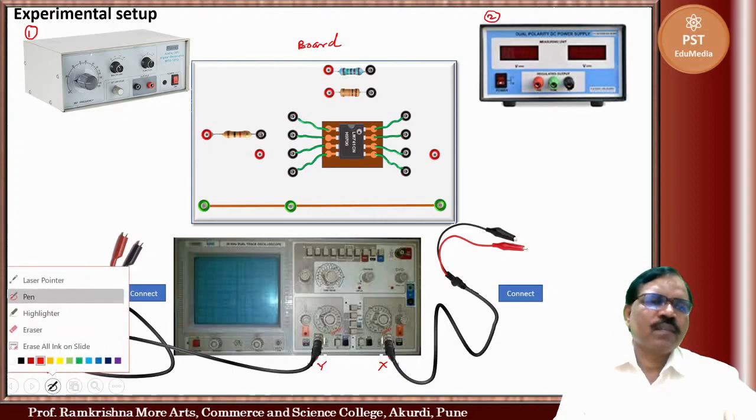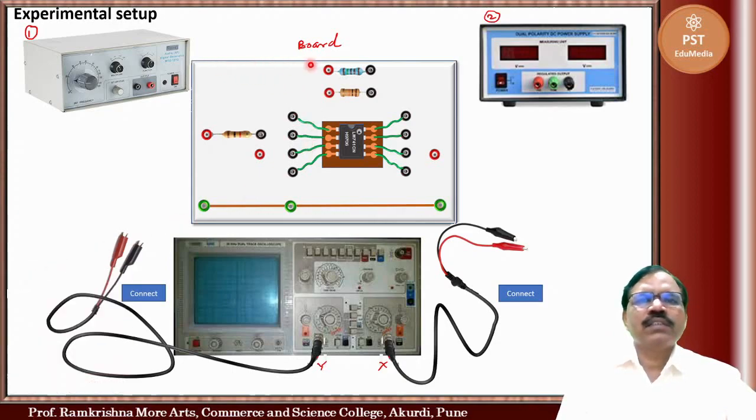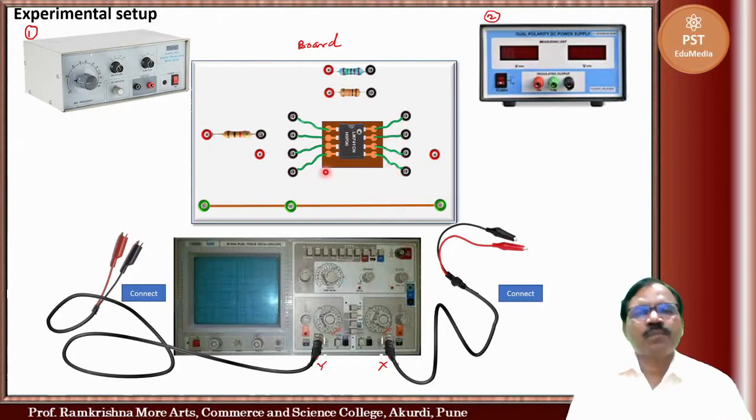So this is the circuit board on which we have fixed components. This is the operational amplifier 741. This one is pin number 1, this is pin number 2, this is pin number 3, this is pin number 4, this is 5, 6, 7, 8, and they are connected here. Here we have the arrangement for circuit connections. They are connected through wires, and here it is fixed on a small PCB.